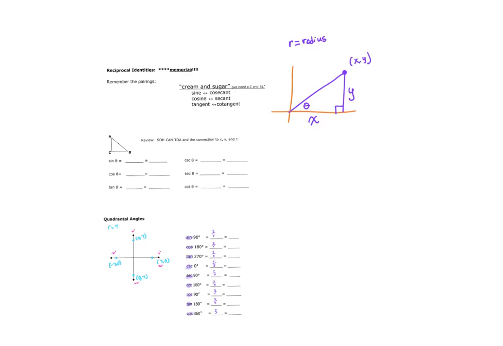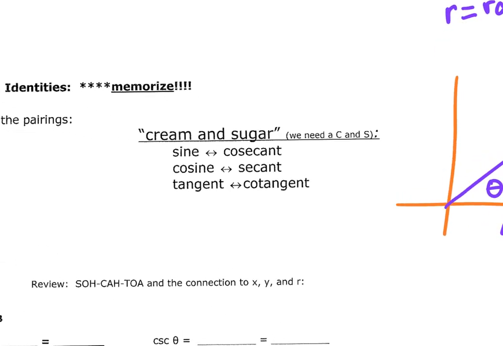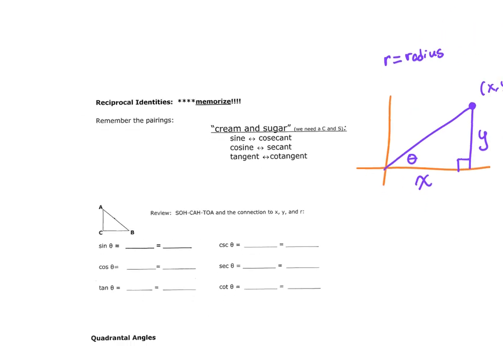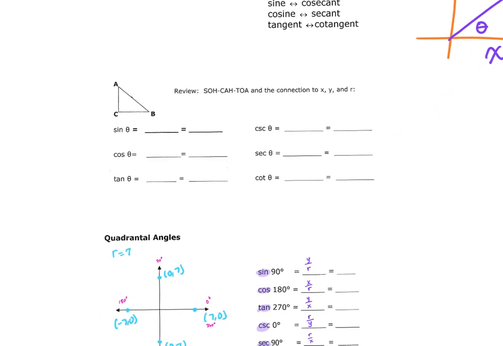Okay, so let's refresh our memory first thing about what we know about our reciprocals. We know we need our cream and sugar. So we know that the reciprocal of sine is cosecant, the reciprocal of cosine is secant, and the reciprocal of tangent is cotangent. We also know SOHCAHTOA,